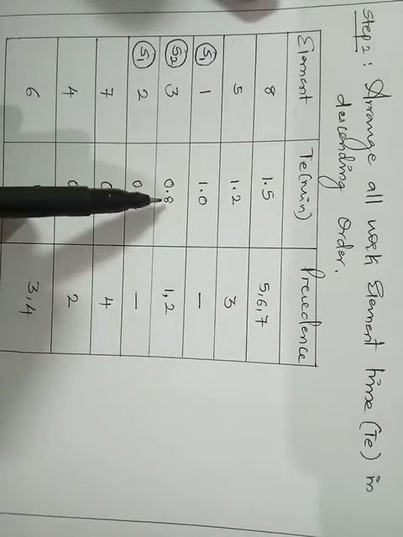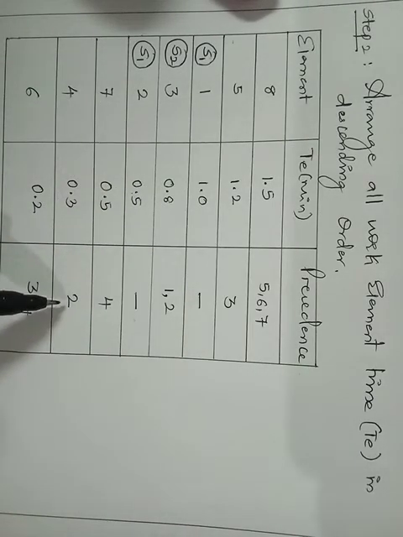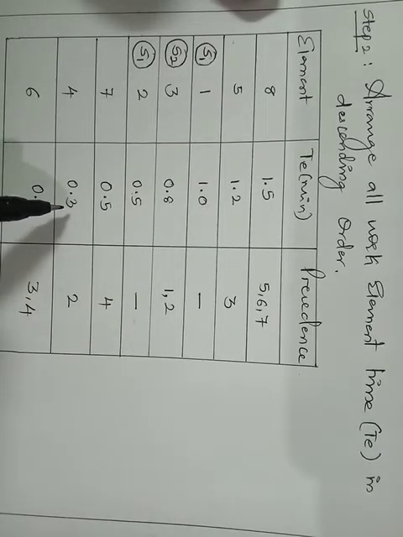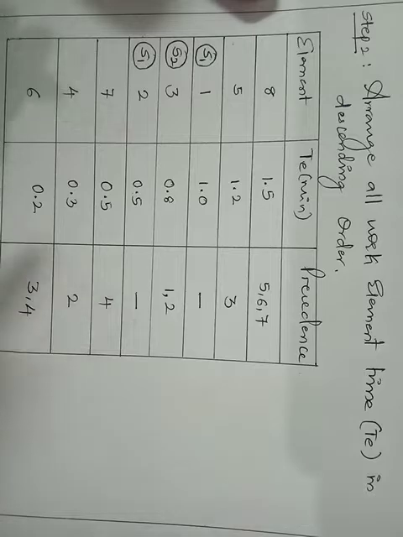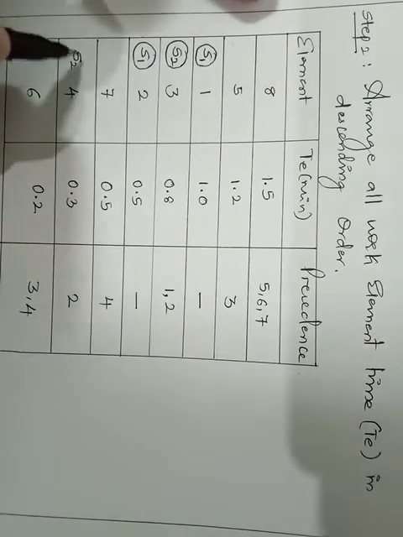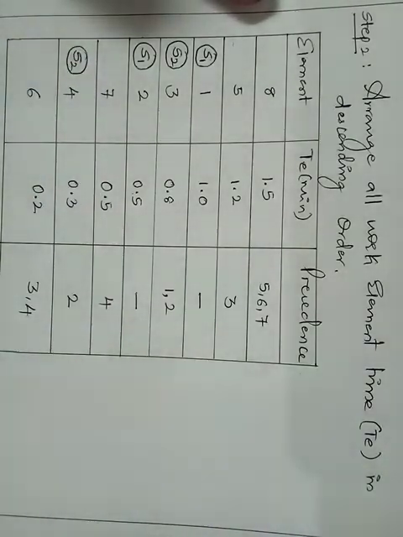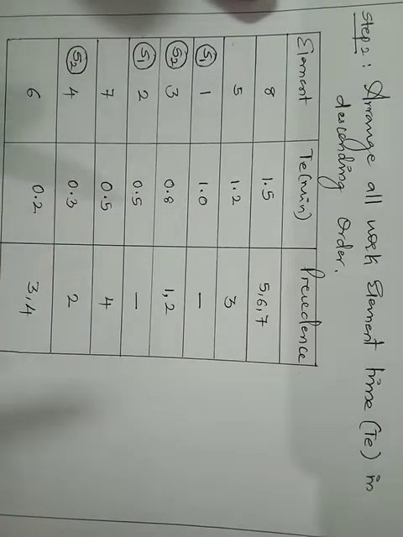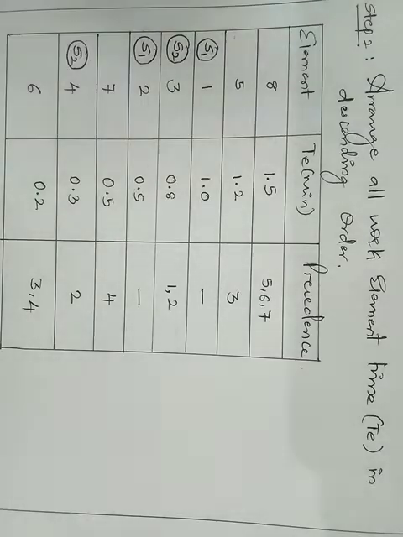Now I'll just check whether I can accommodate element number 4 also. You are having 0.8. If I consider this, because it is having a precedence of 2, 0.8 plus 0.3 gives 1.1. Yes, 1.1 is less than 1.5. So I can accommodate this element also on station number 2. Right? So how much buffer am I having now? What I mean by buffer is I have allotted 0.8, I have allotted 0.3, so 1.1 is allotted. Maximum I can allot 1.5.